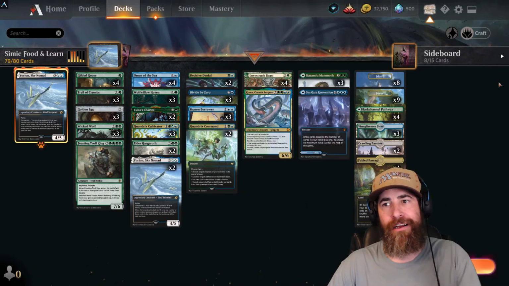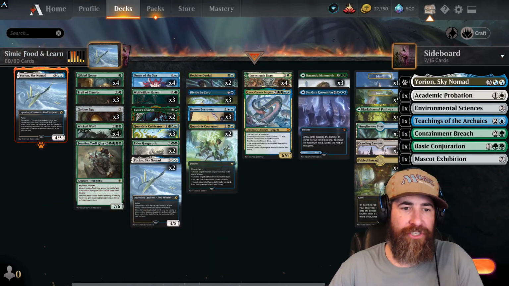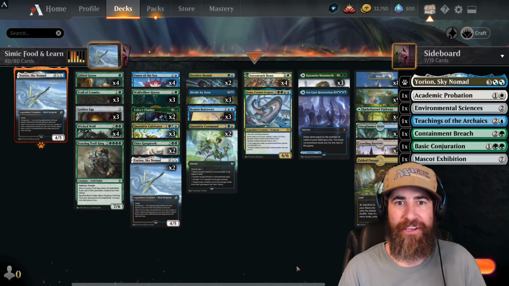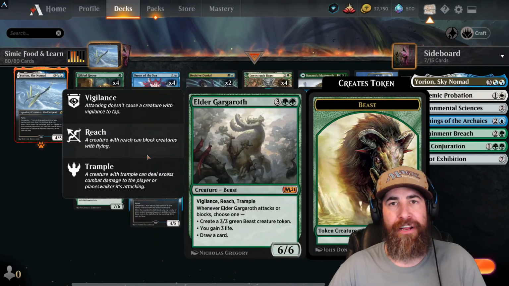And the reason I want to cut that is because we don't have a lot of removal in the deck, and Wicked Wolf is just so strong in this deck. I want a 4th one. I'm always thinking to myself, where's that Wicked Wolf? Where's that Wicked Wolf? Now, I could have also, instead of the Wicked Wolf, added a 3rd Elder Gargoth, but